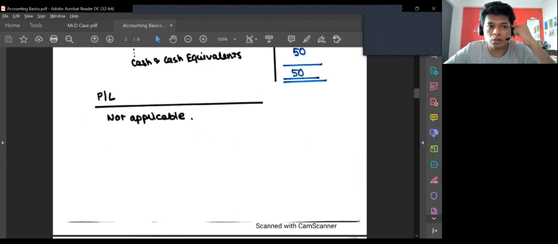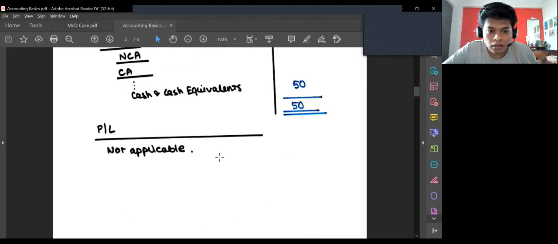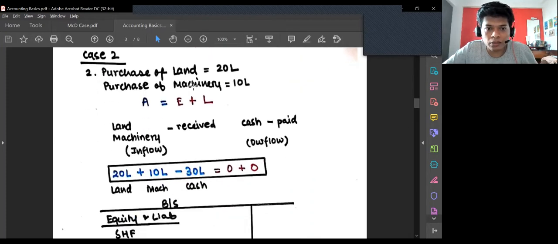Now, in the earlier equation, what happened was that there was impact on both sides, on the asset side as well and liability side as well. But it's not necessary that your impact will be on both sides. It could be the impact is on one side and it's getting cancelled out. So see over here what's happening: I'm purchasing machine and land, so 20 plus 10, it's increasing, and then my cash is going out. So 20 plus 10 minus 30. So this side entire effect is 0, this side entire effect is 0. So you guys are understanding that whatever will happen, the equation will always tally.